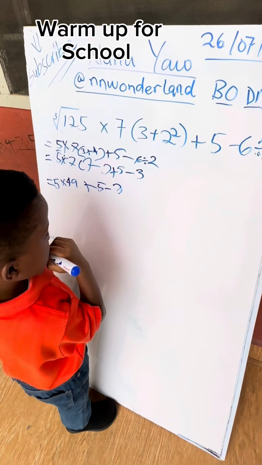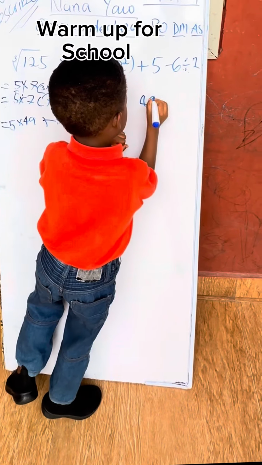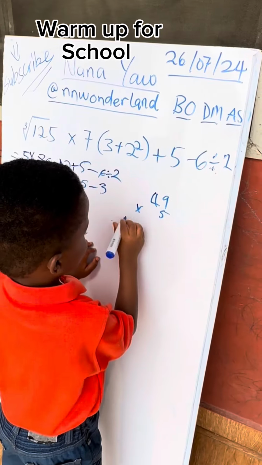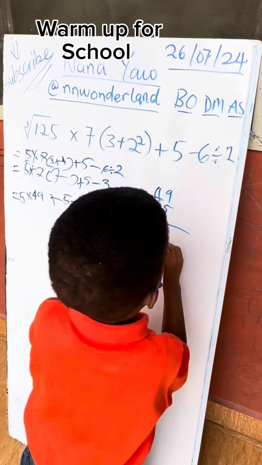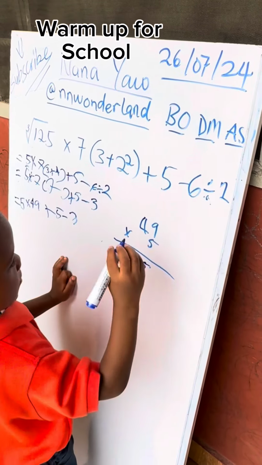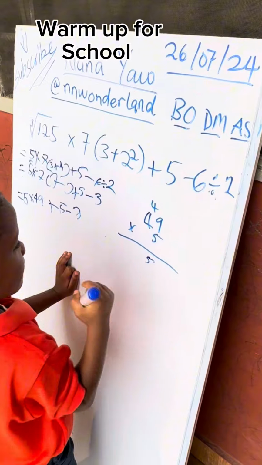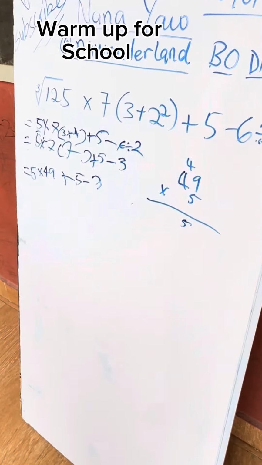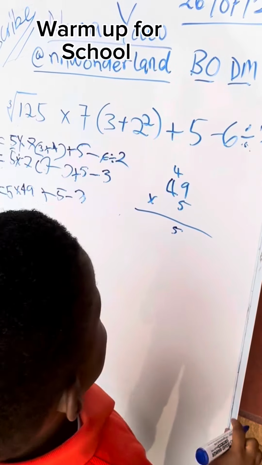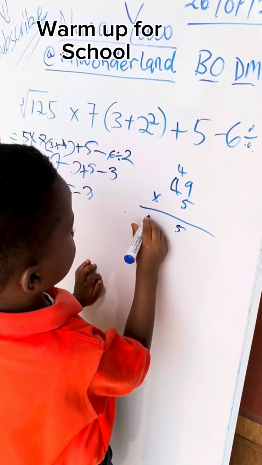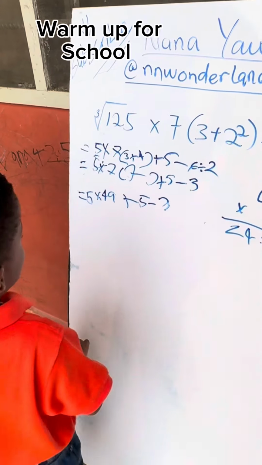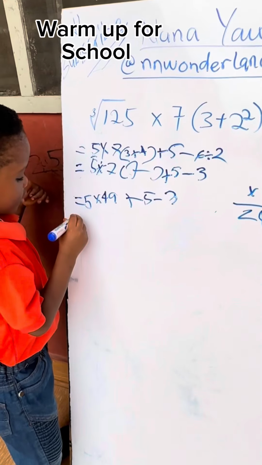49 times 5, 95. 5 minus 4. 5 plus 4, 20 plus 4, 24. 25. Equals to